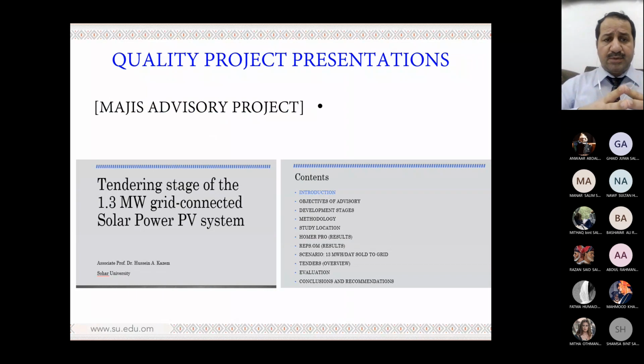Here I will give examples about the slides and how important it is to make them as simple and clear as possible. This is a project I worked on in 2019. I completed it. It's about a 1.3 megawatt solar system, costing 1 million Omani Riyal, for Majis company. See, the title is large, just Hussein, Suhail, that's it.